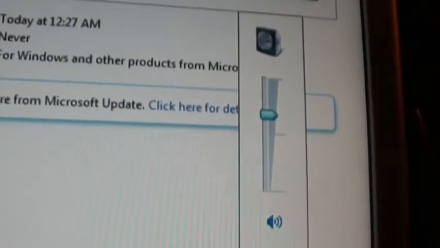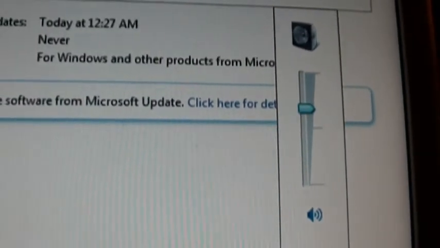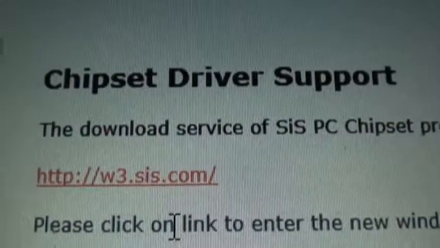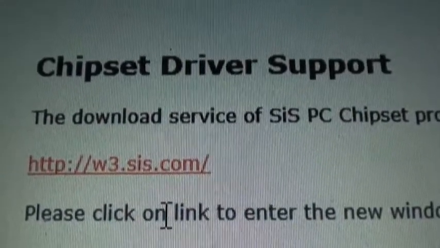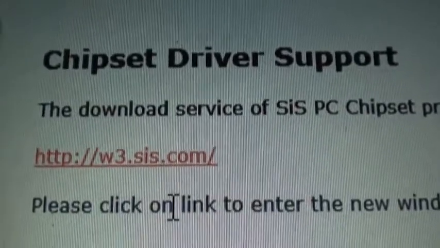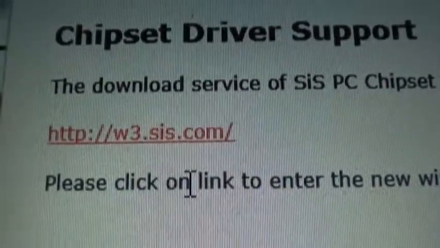So it's already fixed, and I'm going to show you right now where you can get information for your driver and how to fix your problem. Okay, to fix my problem I used another computer, and you can see there is Cheap Driver Support. You can get that website.